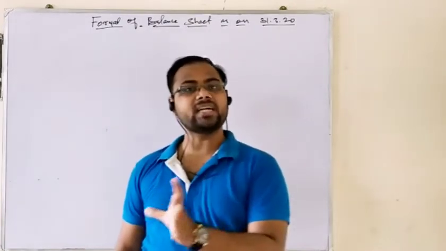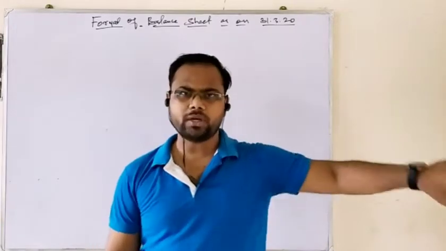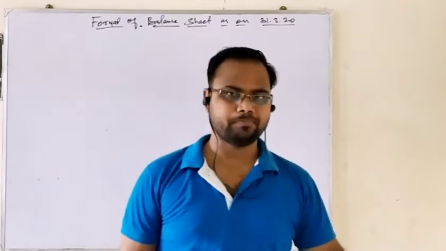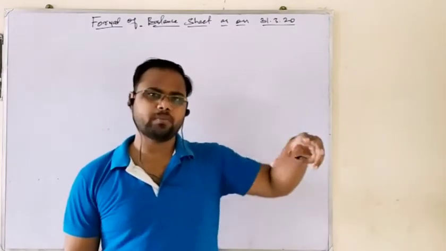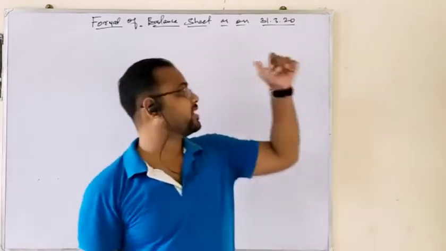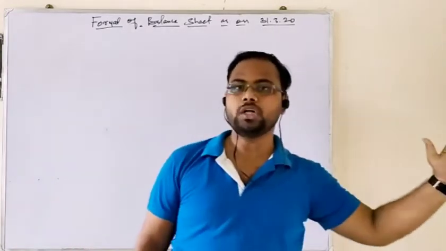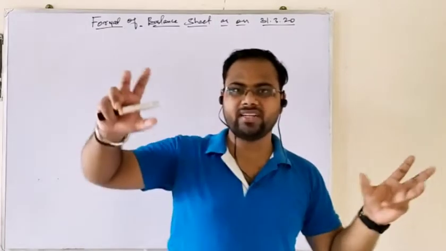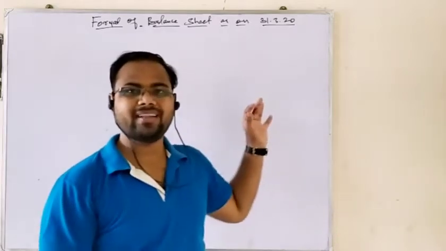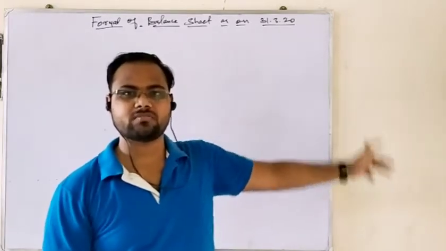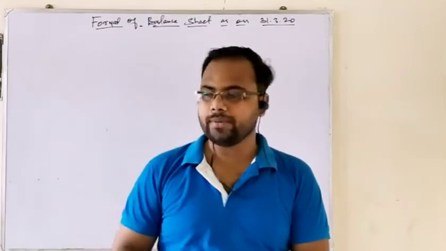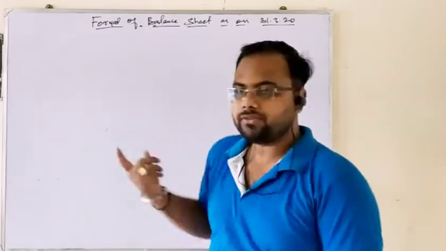Prepared for the year ended 31st March 2020. You can take another year, 21, 22, whatever, regarding your assessment year. Balance sheet is a position statement prepared as on a fixed date. That is why it is written as on 31st March 2020. Got it? So trading and profit and loss account is written for the year ended a particular date, the end date. Here the balance sheet is as on a fixed date, that is 31st March, where your accounting year ends. Okay, so now we shall discuss the format of balance sheet without wasting any time.